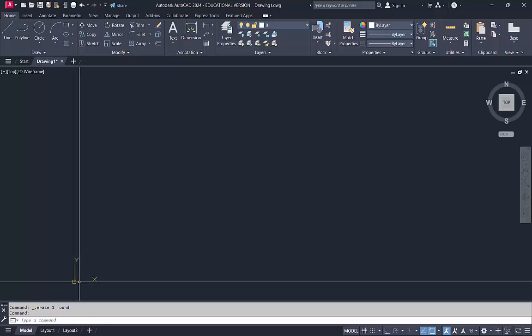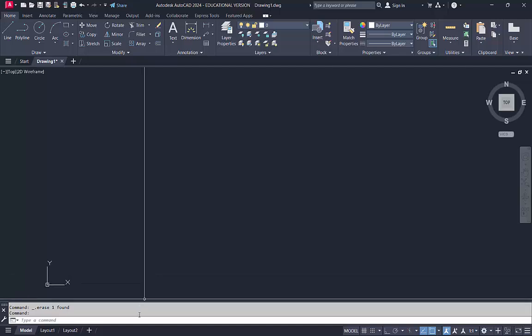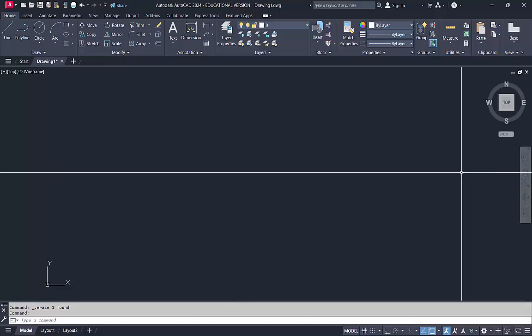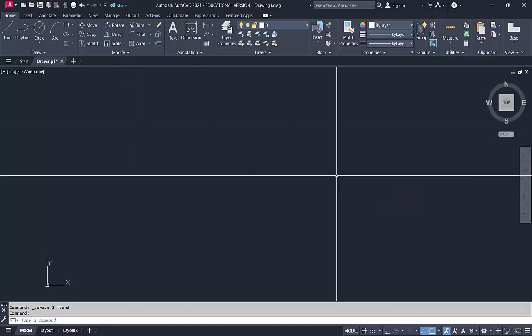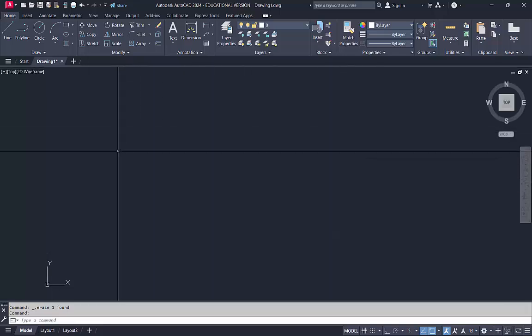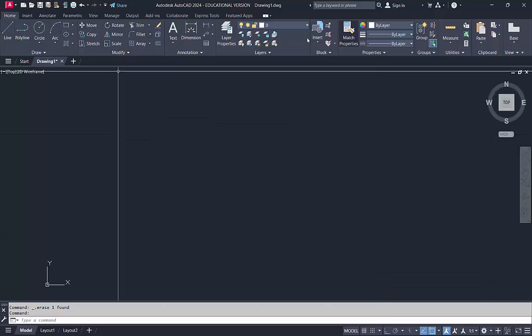You see this one is UCS icon, and this one is command bar, and this one is navigation bar, and this area is for drawing. If you open this page and don't see this ribbon bar toolbar,